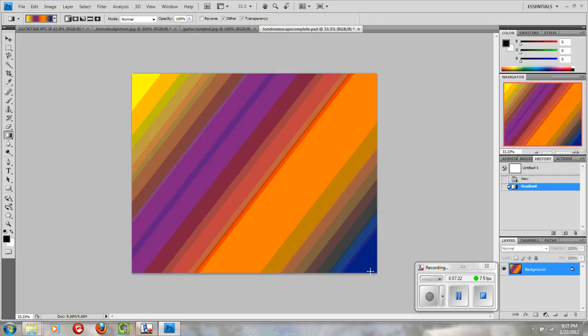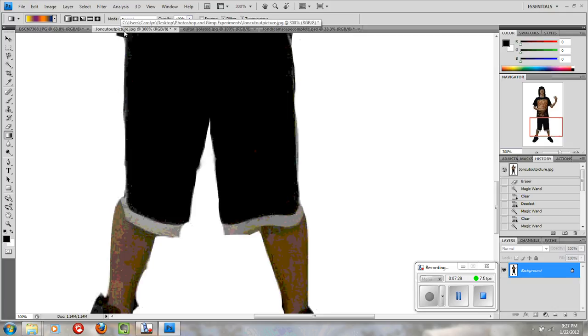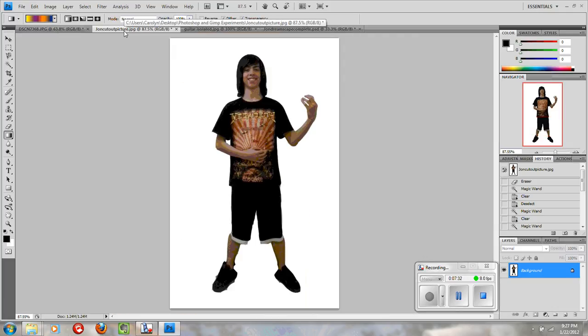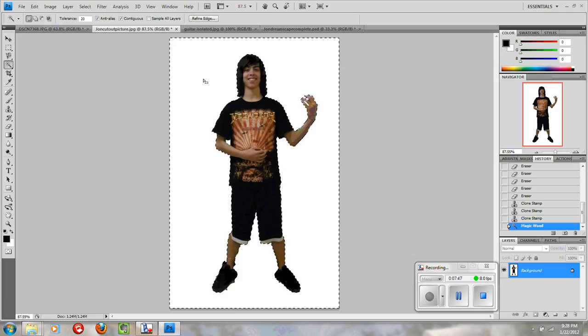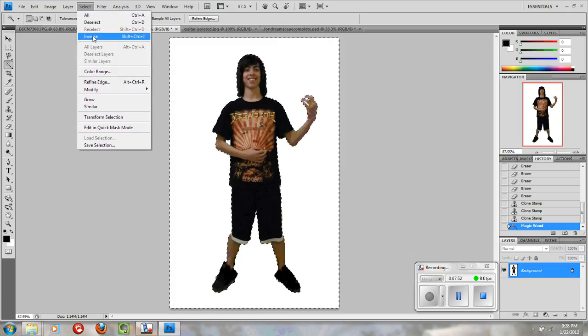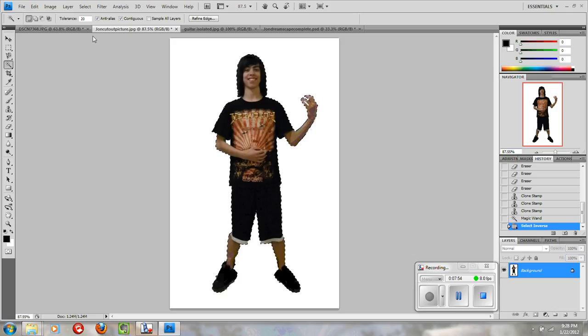Okay, so now I have my background layer, and I'm going to go and get the picture of John that I cut out. And I'm going to go Control 0, and that's going to fit him on the screen. Now, all I want is John. I do not want any of the white, so I'm going to take the magic wand tool this time, and I'm going to click into the white background, which has selected all of the white. I'm going to go up to Select again. I'm going to say Inverse, so that now John is selected,